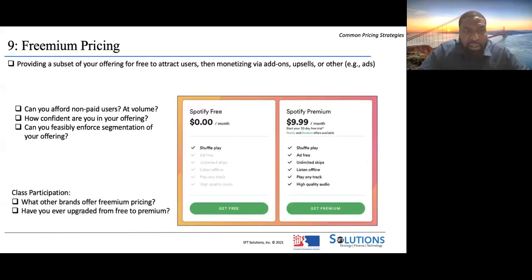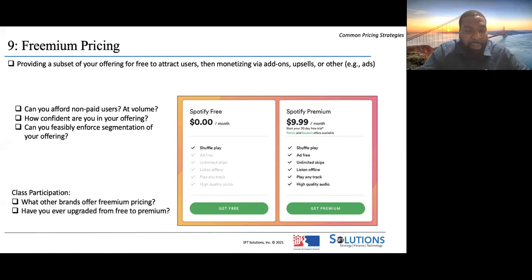Another common pricing strategy is the freemium pricing model. You basically offer a bare bones, no frills product, and then you upsell the customer every step of the way, right? Someone that uses this strategy with a lot of success is Spirit Airlines. There's a price to get on the plane, but there's a different price if you want to choose your seat. There's a different price if you don't want to stand in line. There's a different price if you want to sit down.